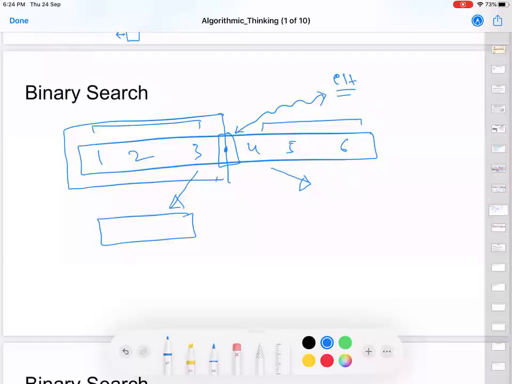And this person again, instead of giving it to 2 people, compares this element to the mid here. And let's say this time this element is bigger than the mid. He just removes this portion and gives this to another person. Okay, you figure out where is the element here.